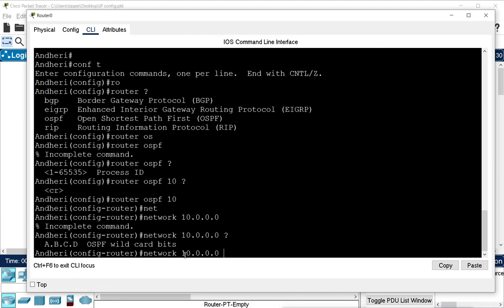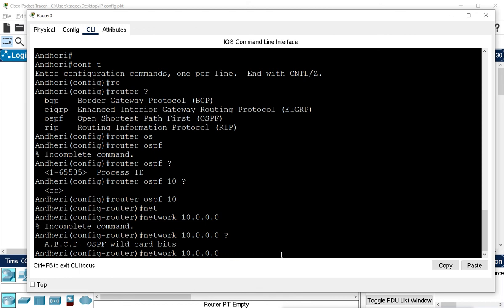For example, this is class A. We have not done the subnetting, we are going with the default. So the default subnet mask will be 255.0.0.0. Now if I want to give a wildcard bit here, I have to reverse it. Reverse means it is not like 0.0.0.255, where in easy words we just say it is the reverse of 255.0.0.0. It is actually what we have to do: reverse 0 to 1 and 1 to 0.